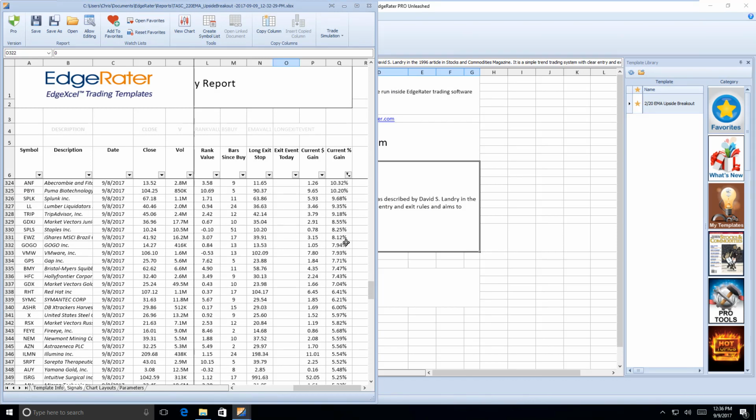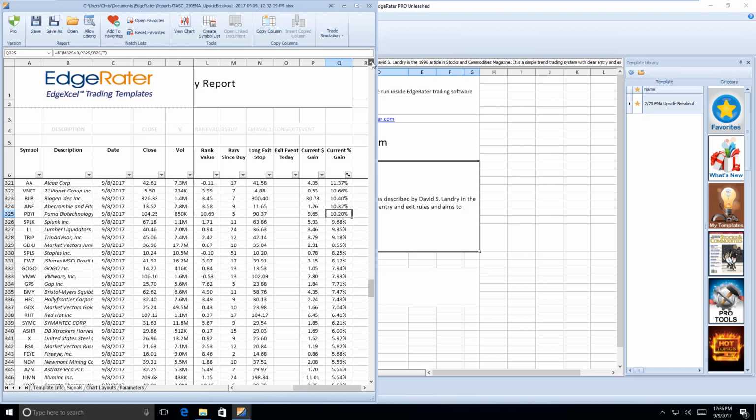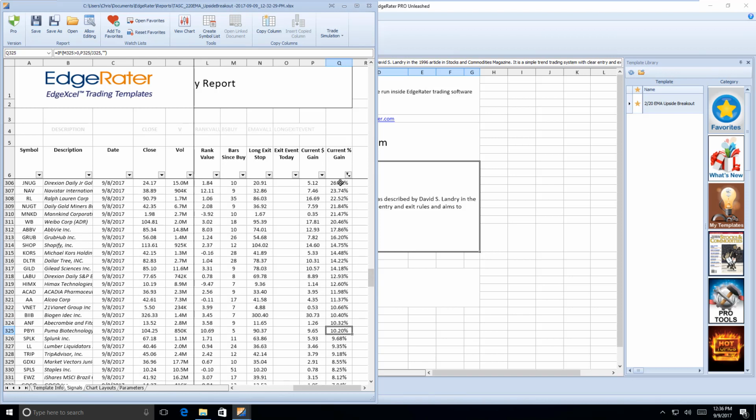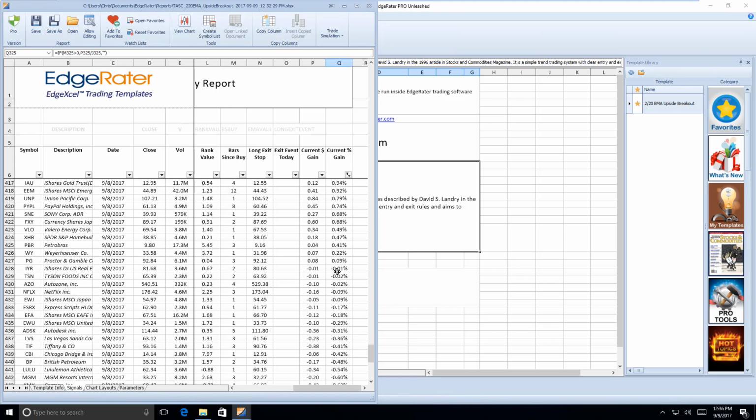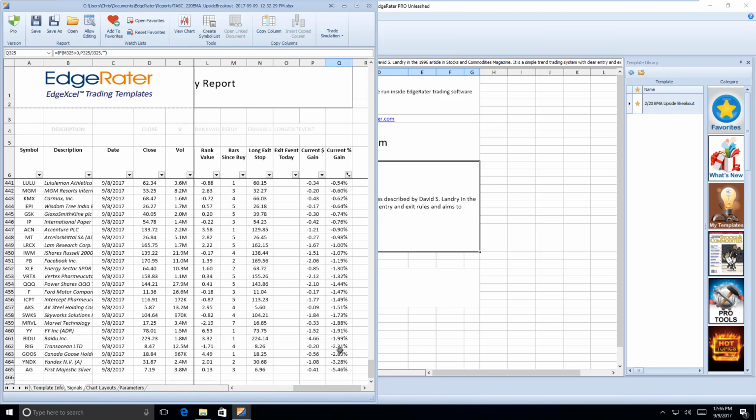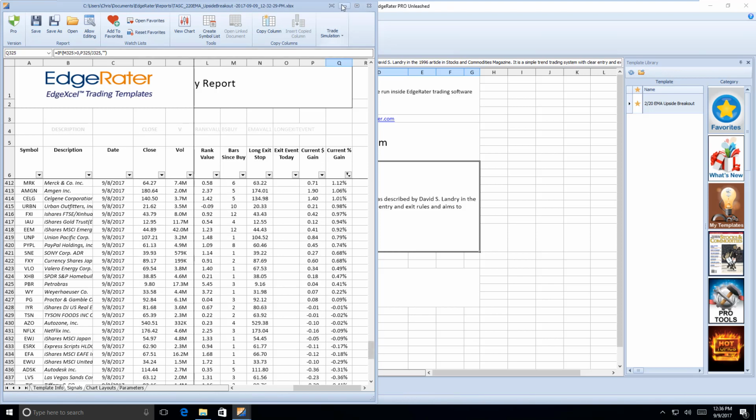Quite a few above 10% even. The 10% line is down here, so let's scroll up a little bit and find out where that ends. So we have approximately, what would that be, 15 or 20 stocks that are currently above the 10% gain. There aren't that many open stocks in the negative region, but remember the system tries to close trades quickly, so as soon as they get closed they are not in this list of open trades anymore. Okay, so what we want to do is find out the trades that were closed last week,